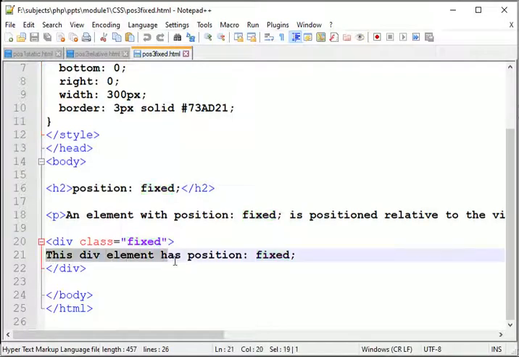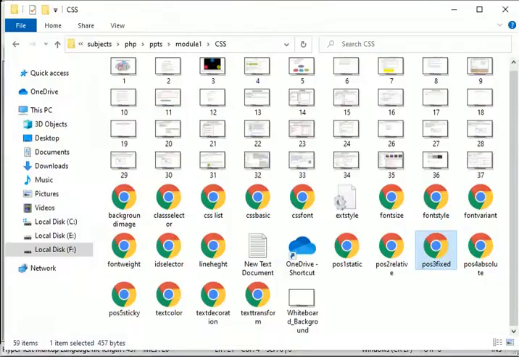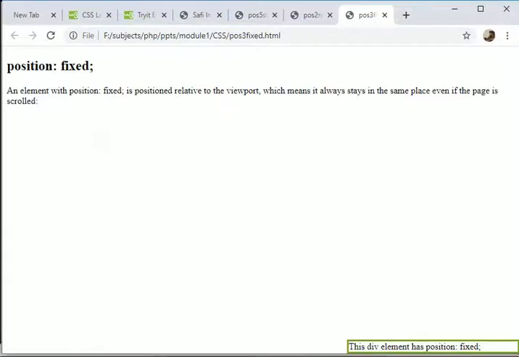This div element has position fixed. We are displaying this content. See, it is situated at the bottom right part of the web page. We can align it like this. So this is called fixed positioning.